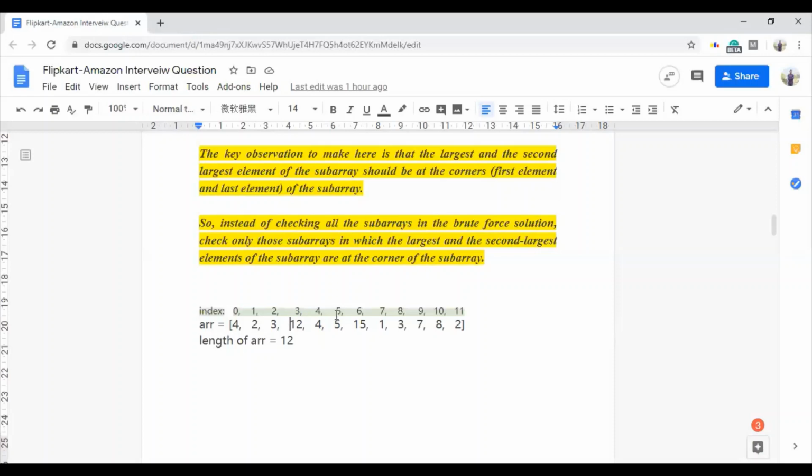But now the endpoint, which is the fifth index, contains the third largest element of the subarray, and so these subarrays are not valid. So there is no point in going back, because in both cases, if we find an element less than or equal to the ith element, or if we find an element greater than the ith element, we are not going to get any valid subarray, so we will stop when we get an element which is greater than the ith element.